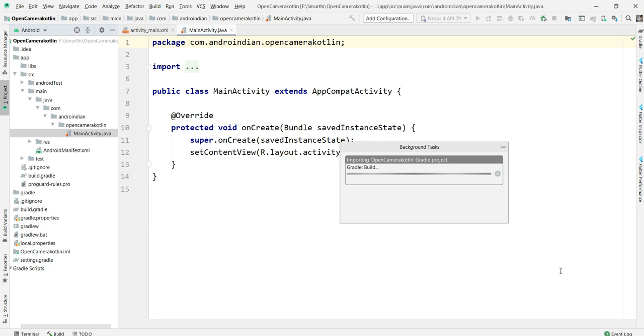The project is still being created. We already discussed intents, the theory part, in another video. It's there in the Java tutorial, and you can use that one because theoretically Java and Kotlin use the same concepts.